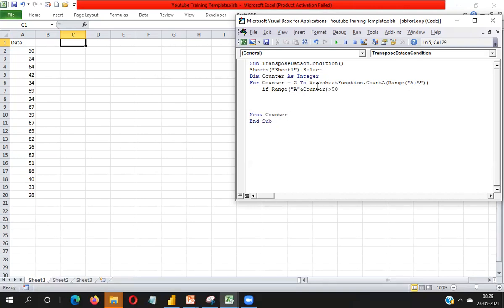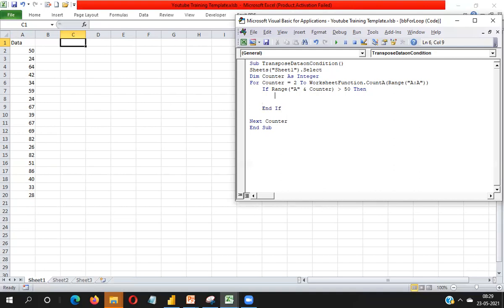"A" & counter means the A1, A2, A3, A4 value. If this value is more than 50, then what action do I want to take here? I need to close the If with End If.